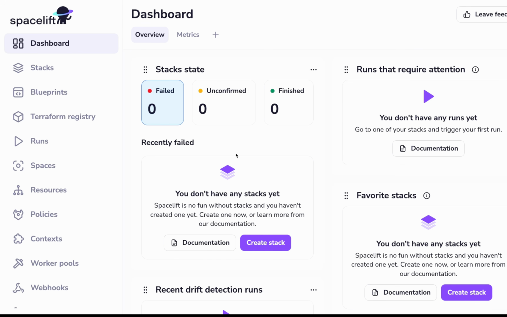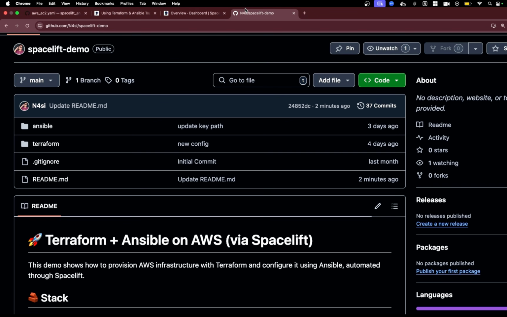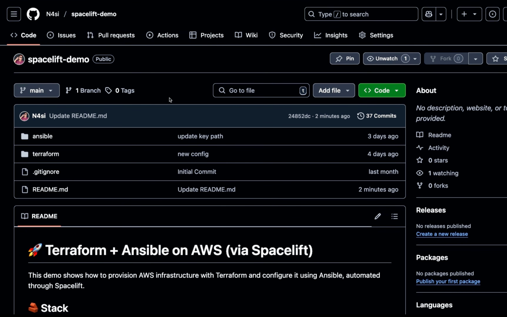So this is what you get when you create a Spacelift account. Right now we don't have any stacks in our Spacelift account, and we will be creating two stacks, one for Terraform and one for running the Ansible playbook. Using Spacelift, we will integrate the Terraform and Ansible stacks so that we can run them together in a single run. For this demo, I'm going to be using this GitHub repository, and the link for this repository is in